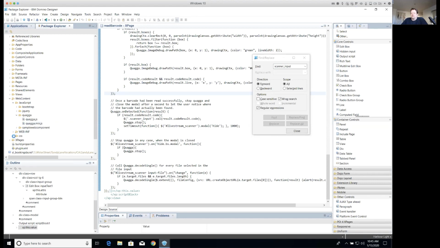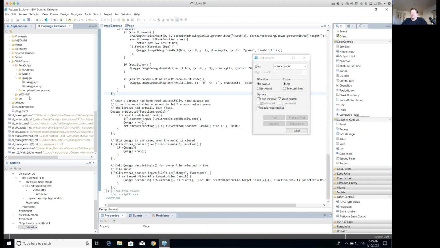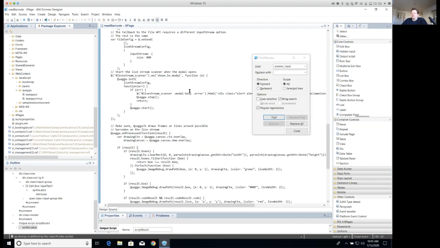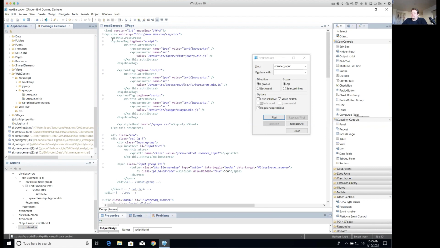And also I have a CSS folder that contains a couple of the fonts that I need and all of those kind of things, and some special CSS files also for other XPages that I have in this one. And I've sampled that component as well, but that's a different story. So this is where you find my JavaScript libraries, and these are again referenced up here in the head